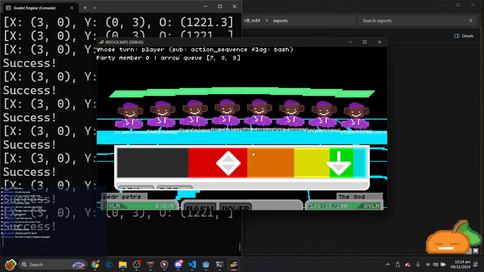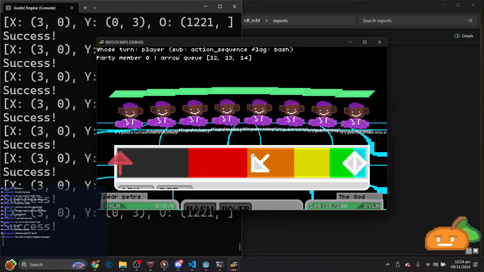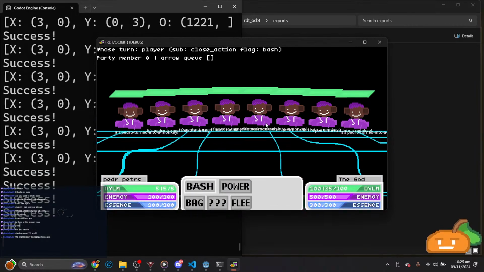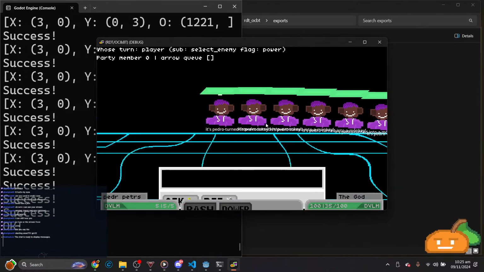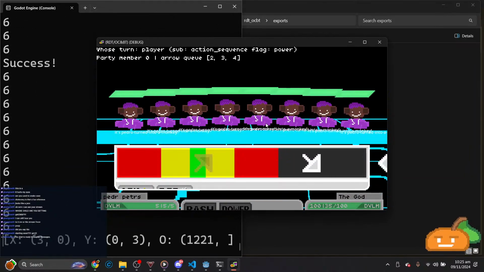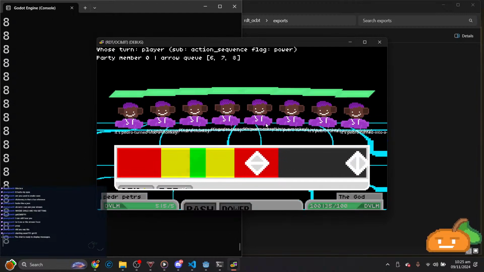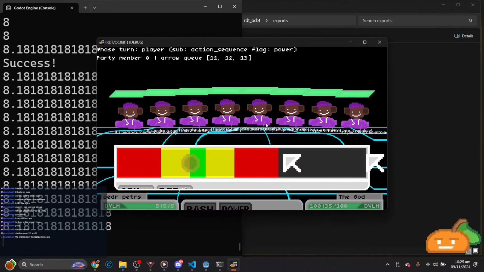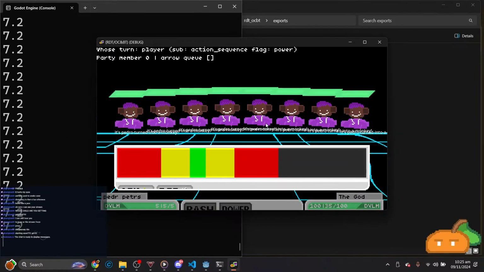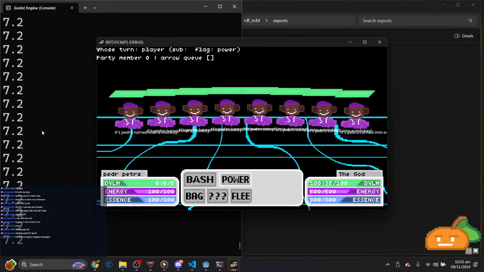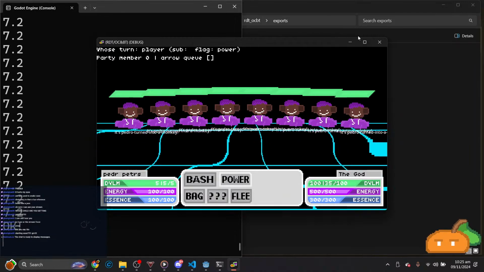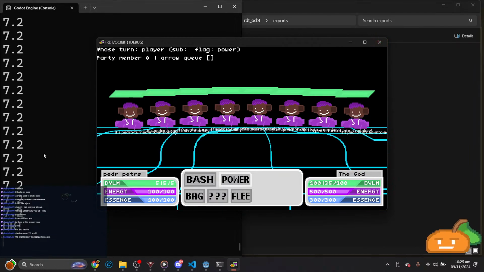Yes, I picked the wrong one. So depending on the sequence and whether or not you choose attack or defense, it's gonna do something different. So like, oh, defense, okay. I gotta click this at the right time, as you can see. Alright. So, 7.2. I think I'm gonna add some random number, from negative to positive, that